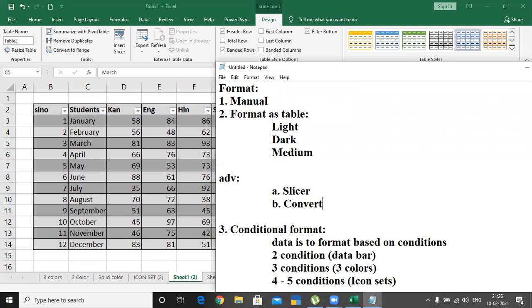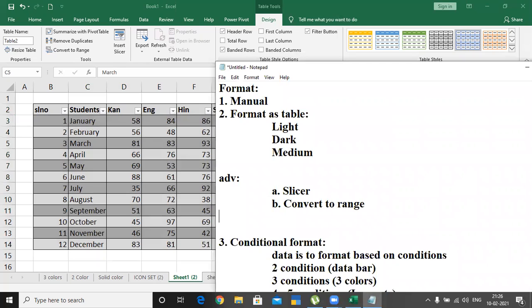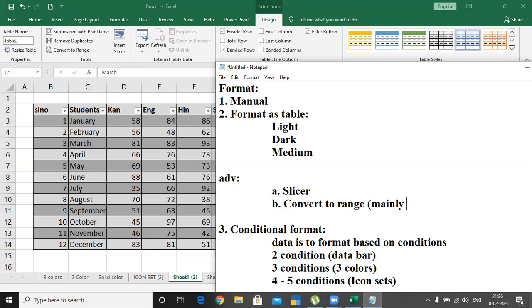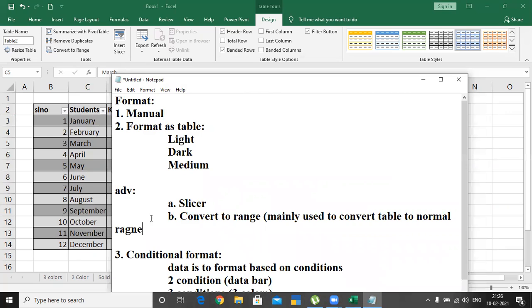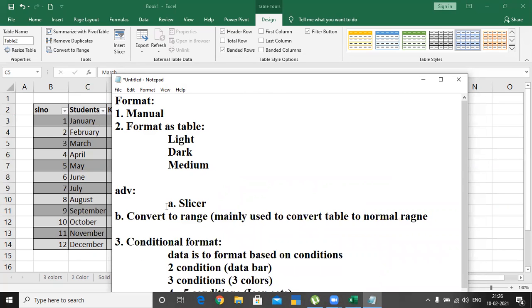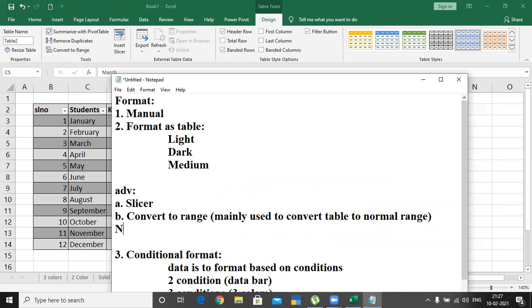When you convert this table to range, this option is mainly used to convert the table to a normal range. But once you convert it into a normal range, then you cannot have a slicer. So this is important.